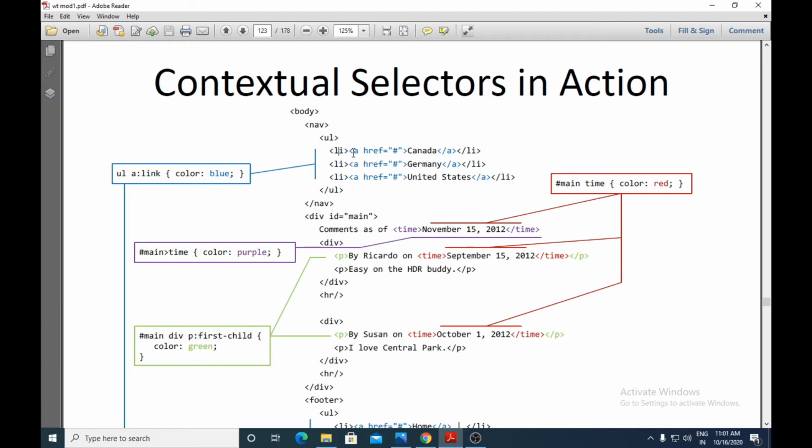In this li you are using an a element, and along with the a element you are using the attribute href. Presently they just put a hash here. Hash means it will create just a link, so Canada, Germany, United States will look like a link with an underline, but when you click on it, it will go nowhere, because you have not specified the URL address here. You have just specified hash. Hash means it will create a link of that text, but it will not go anywhere.